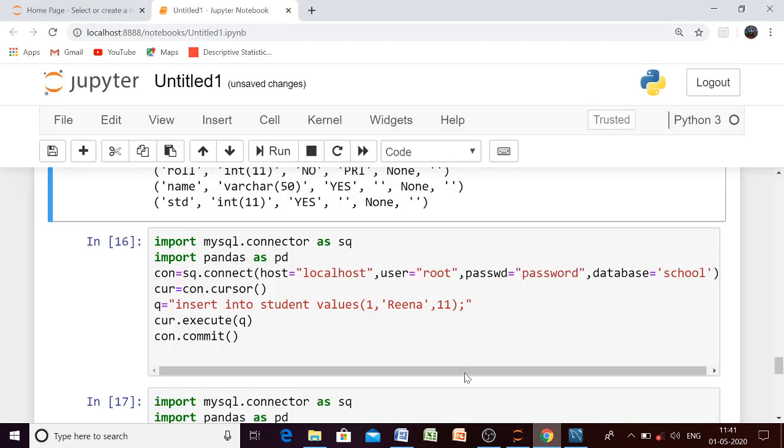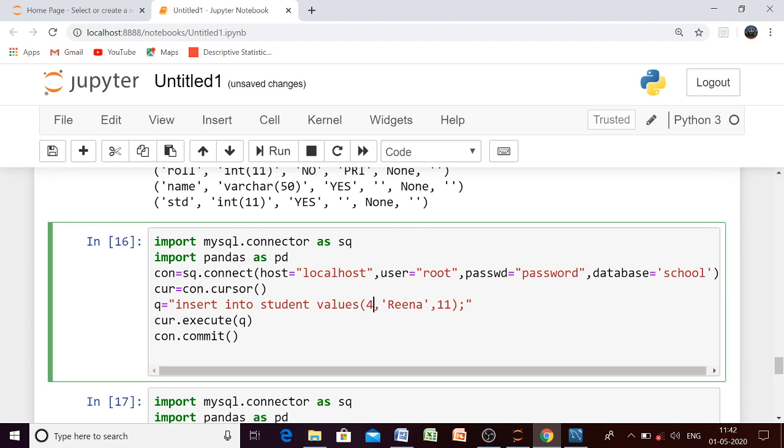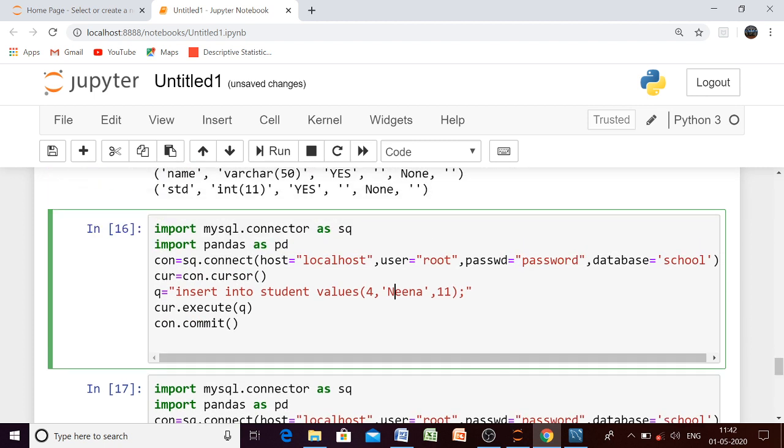So what we can do here, the same thing. Here in the SQL query, we will insert the 4th command. Let me change the name and let it be. So you can see here, one extra line of code is there. And since here we are inserting records into our table,